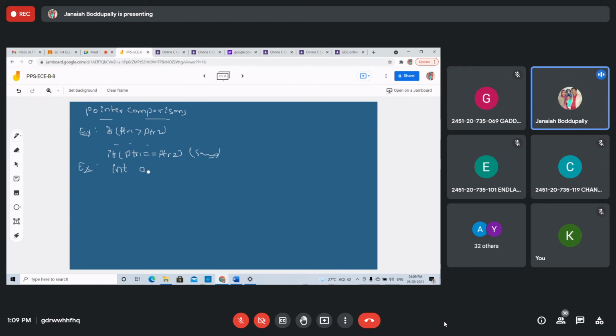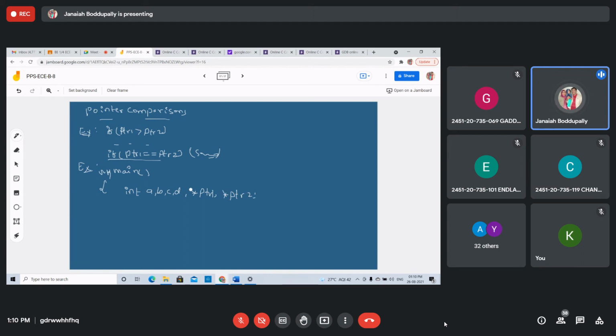I'm not writing the include and all those, this is in the main function. Void main. Let's take int a, b, c, d. I'm declaring the 4 variables a, b, c, d and 2 pointer variables, pointer 1, pointer 2.